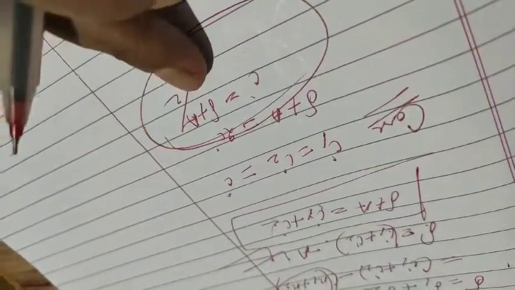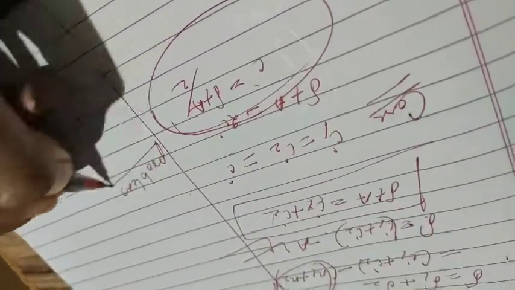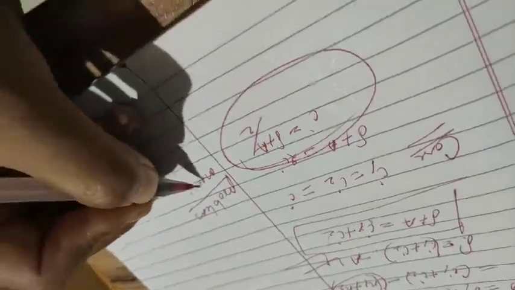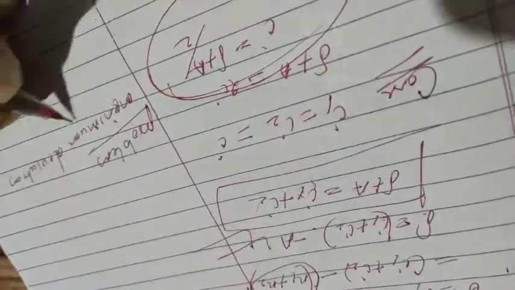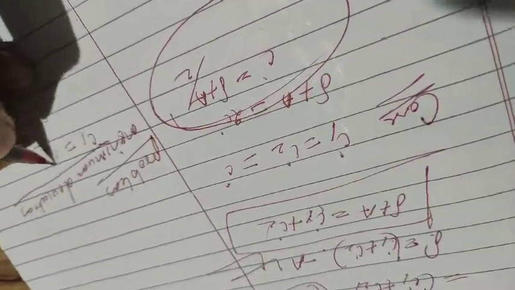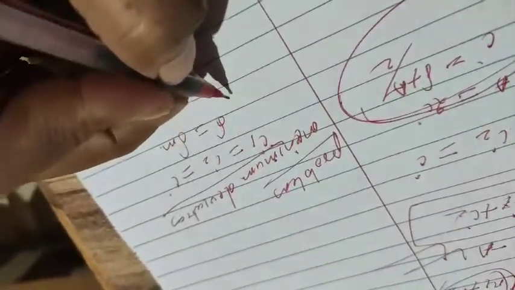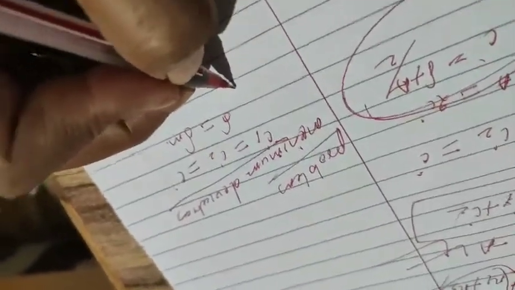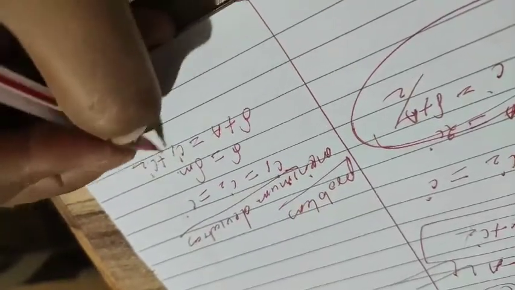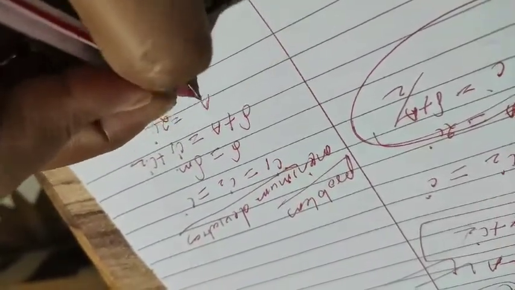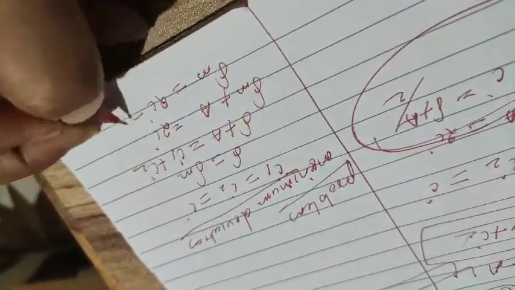So please remember, students, sometimes minimum deviation is asked in the problem part. That time you will consider that I1 equals I2, that is equal to I. Delta is equal to delta M. Now you put the equation in this form, student. As we know, delta plus A is equal to I1 plus I2. I plus I is 2I. In place of delta, you take delta M. So what is your minimum deviation? That is 2I minus A.